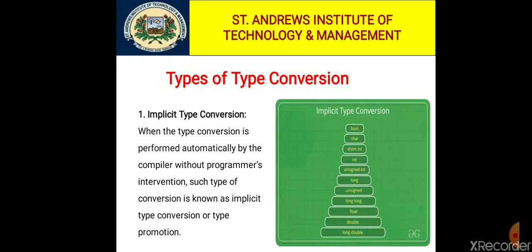This conversion is done by the compiler when more than one data type of variable is used in an expression. The compiler converts the data type to avoid loss of data. Implicit conversions do not require any operator for conversion. They are automatically performed when a value is copied to a compatible type in the program.